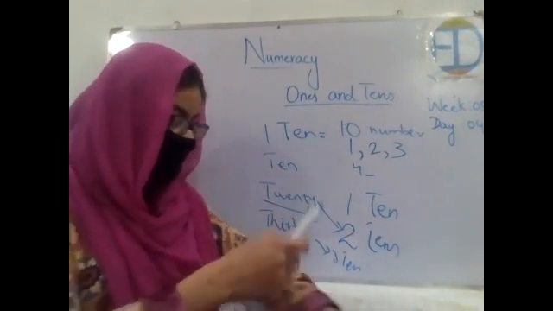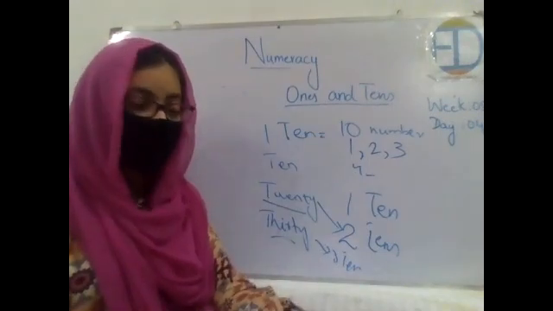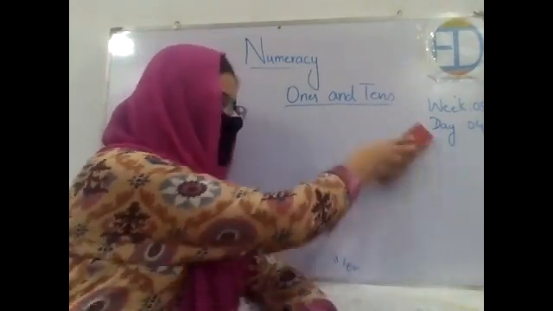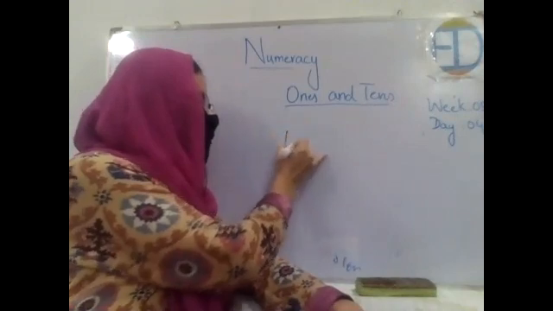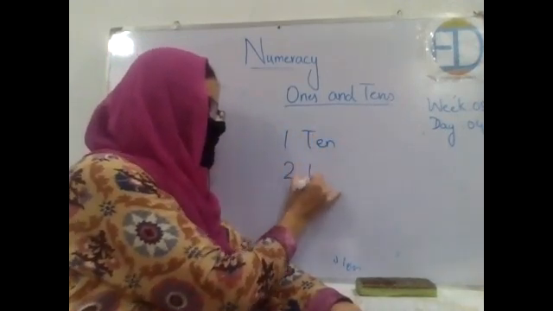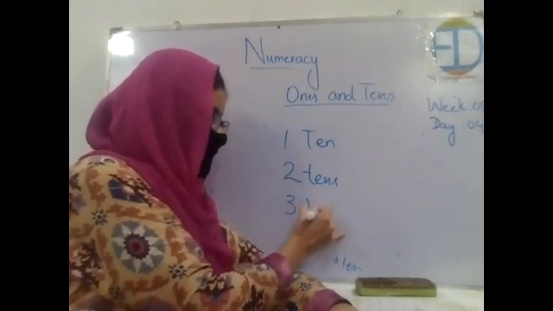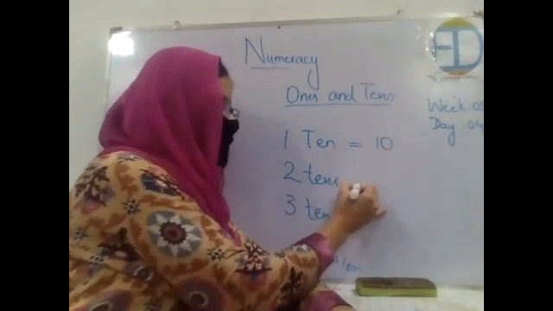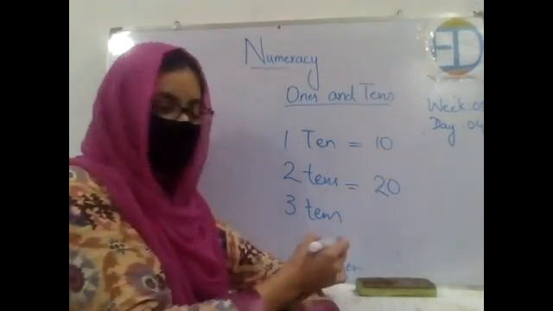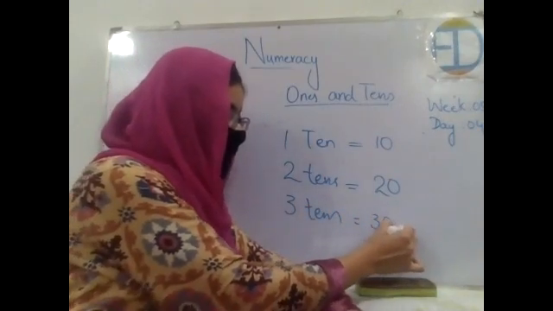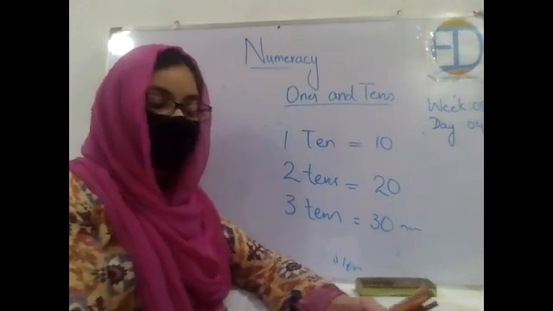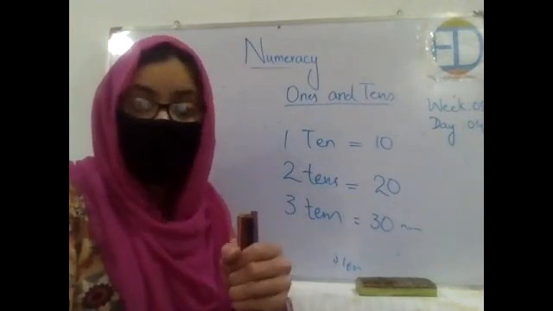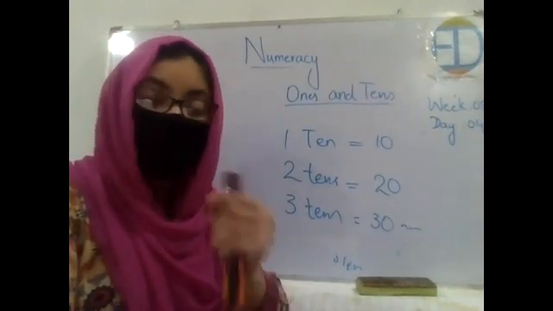So instead of writing the numbers in the normal counting way, in which we write 10, then 20, 30, 40, we simply write them as 1 ten, then 2 tens, then 3 tens, 4 tens, and so on. 1 ten is equal to 10, 2 tens is equal to 20 objects, 3 tens is equal to 30 objects, right? Before, I showed you a bundle of 10 toothpicks, and now I have shown you this bundle of 10 pencil colors. Now we have 2 tens.